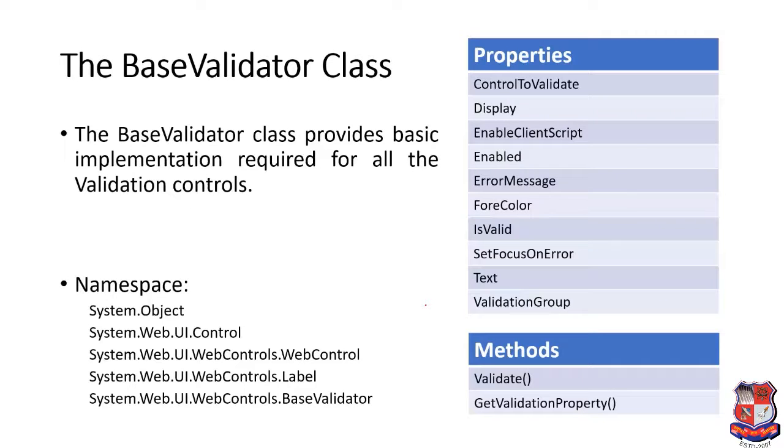Before it, we have to discuss the base validator class. This is the class which is used for validation controls, and we can say it is the base class for all validation controls. The base validator class provides the basic implementation required for all validation controls. The namespace for this base validator class is System.Object,